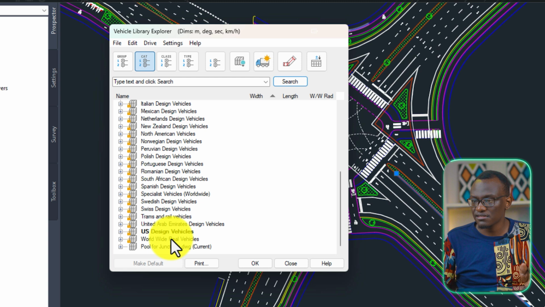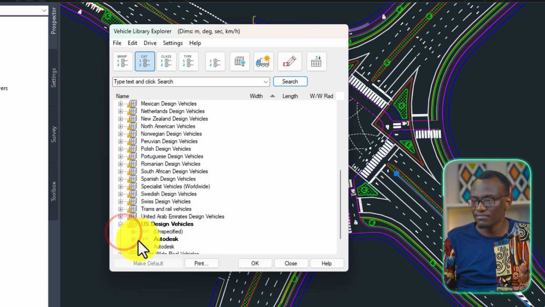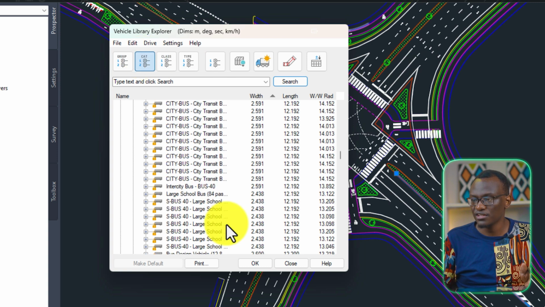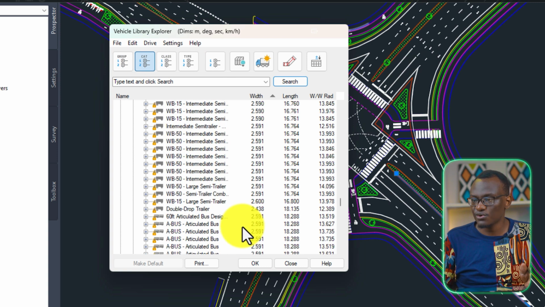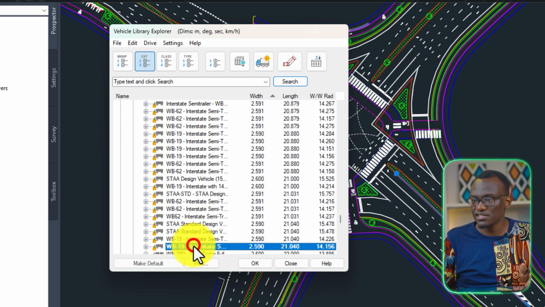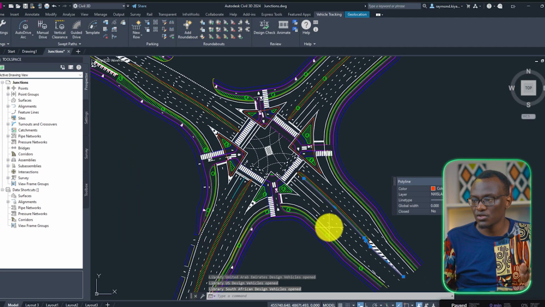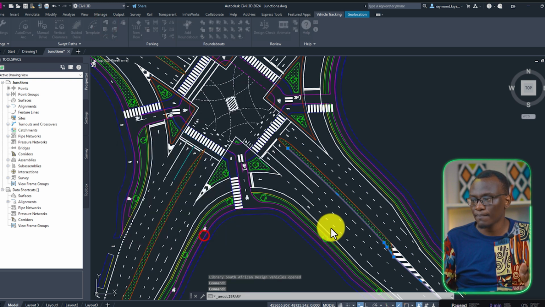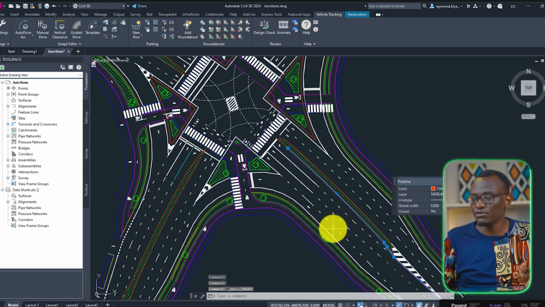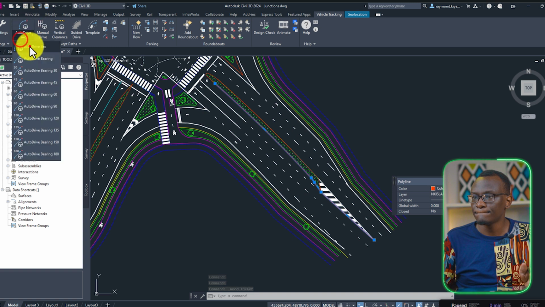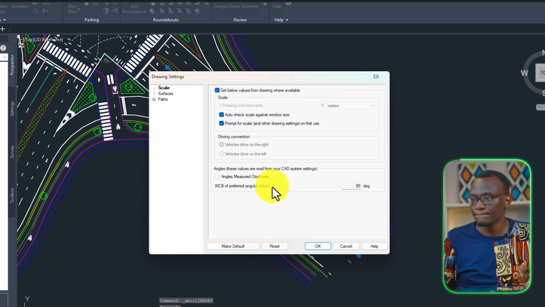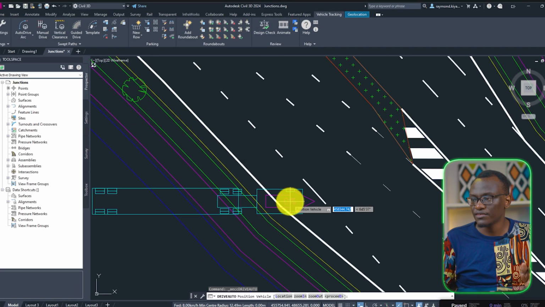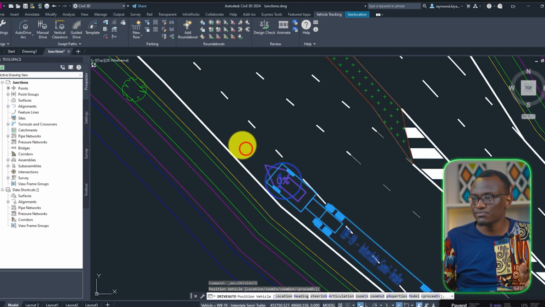So I'm going to simulate a large vehicle. In this case, I always use length. So click this to sort by vehicle category and also sort by length. So I'm going to use WB19. Okay. And I'm going to simulate the vehicle in this case. So you would be able to always untick this, turn on left hand and move. So we can put the vehicle here and we say, okay, I'm simulating the vehicle,